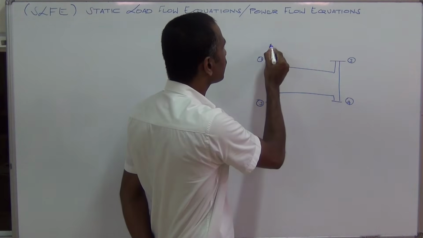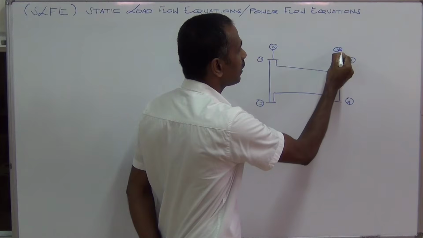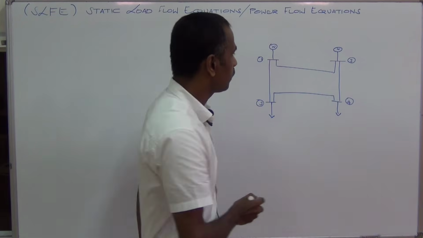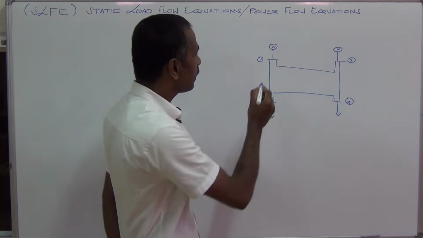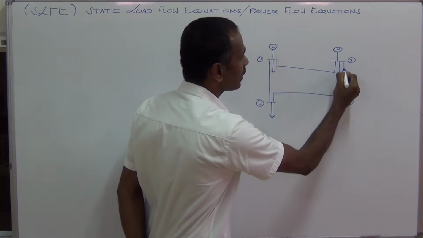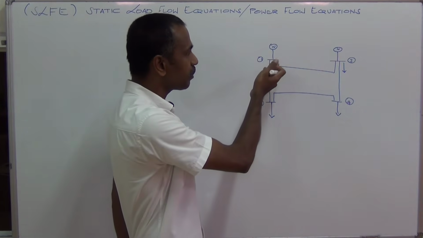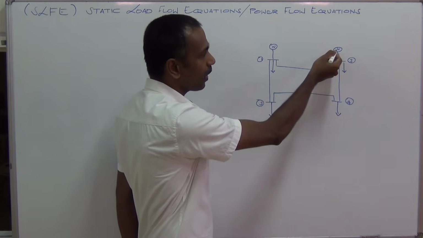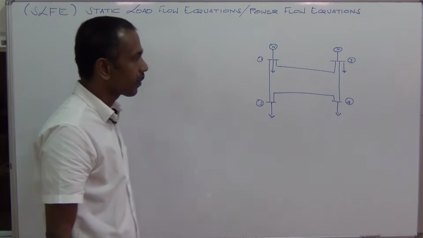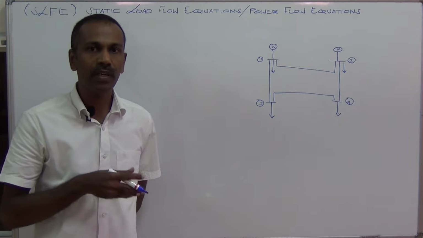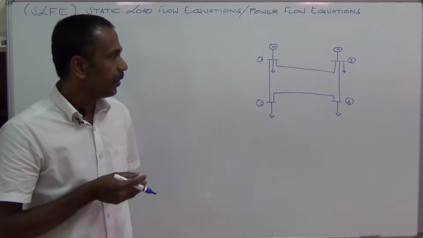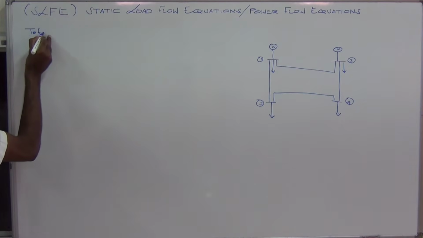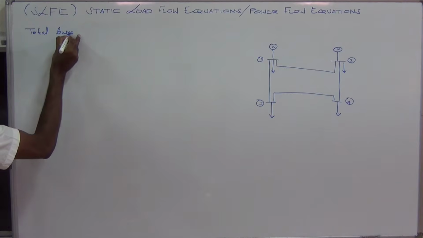Suppose we have certain generators at the first bus and at the second bus. There are loads connected at the third bus and the fourth bus. Perhaps loads may be present even at the first bus and at the second bus. So if we consider the first bus, we have both generator and load. At the second bus also we have both generators and loads connected. In the actual power system, we will have large number of buses. Now we consider an n-bus power system. So total buses equals n number.